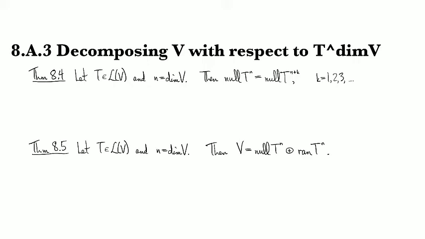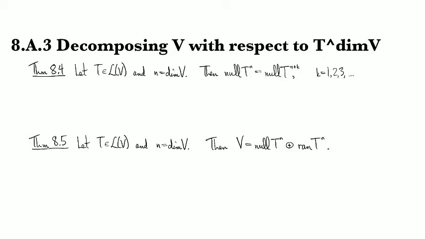Okay, so two more fairly straightforward results about null spaces of powers of T. In the last clip, we showed that if you ever have it so that the null space of T to some power is equal to the null space of T to the next power, then it stays flat, like it never grows again. They're all constant all the way up. And in this result, we're going to show that n is always good enough to make that flattening happen so that the null spaces stop growing.